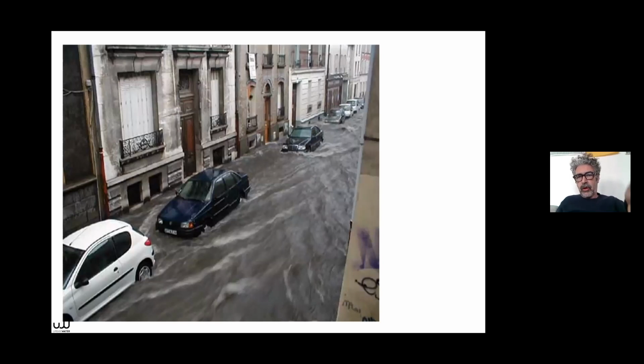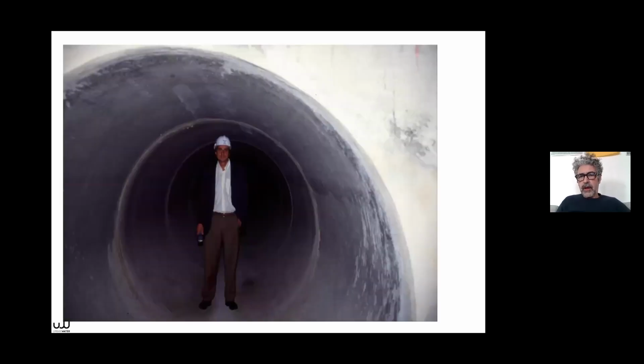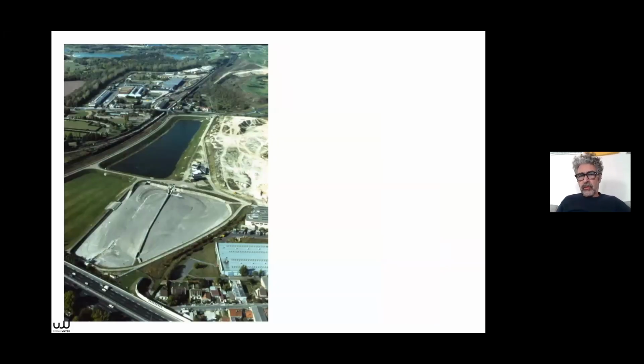So when it rains, okay, this is Montreuil. It's an old photo where at the top point of Montreuil, there's a slope. So it's a suburb of Paris. There was a big storm, and the water, as you can see, doesn't go down the pipe, so it runs off. It's a bit like a torrent, in fact. So the idea at the time was to say, okay, as the pipes are too small to take on board all of this water, we've got to make them bigger. And of course, this involved quite a high cost, so it's complicated.